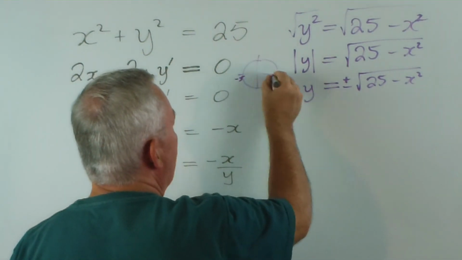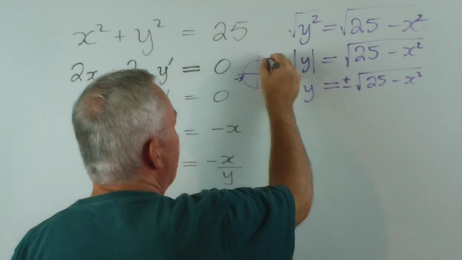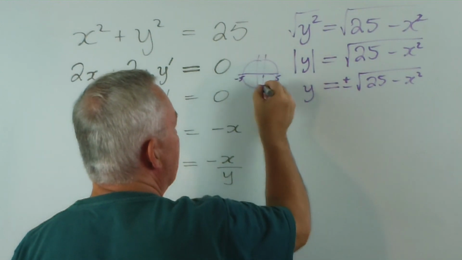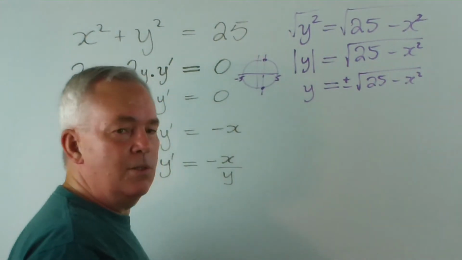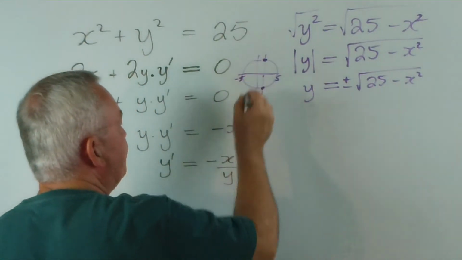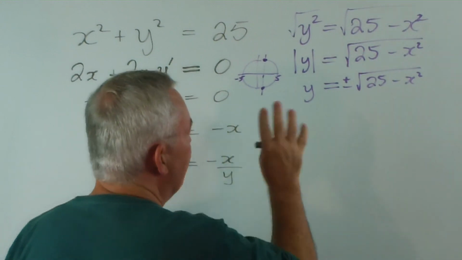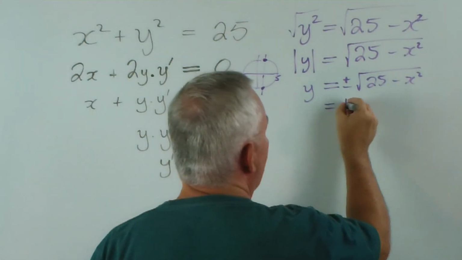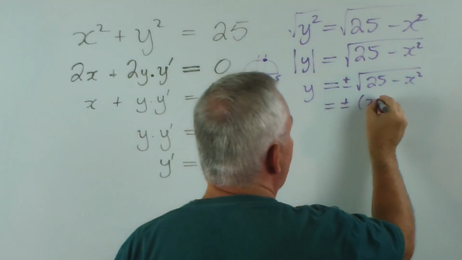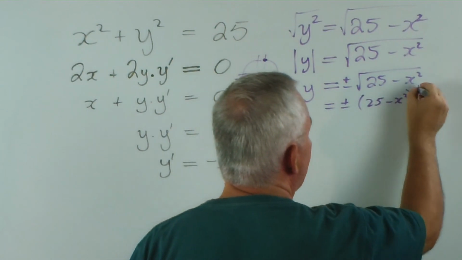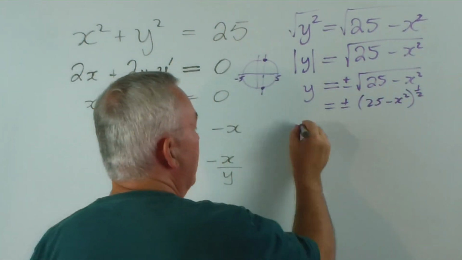If that's negative 5 and that's 5, any of the x values in here, like x equals 1, I expect to give me two values on the graph. So it's not a function, it's a relation. Now let's find the derivative. I'm going to first of all write this as plus or minus 25 minus x squared to the half. Now the derivative